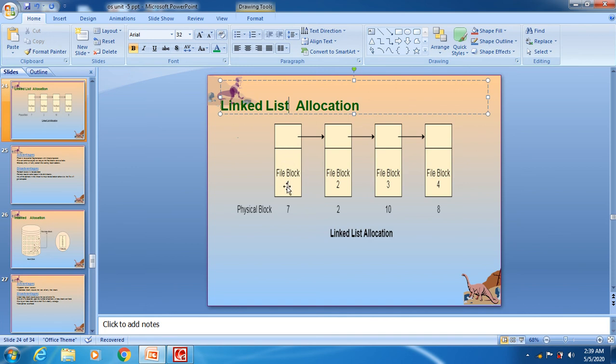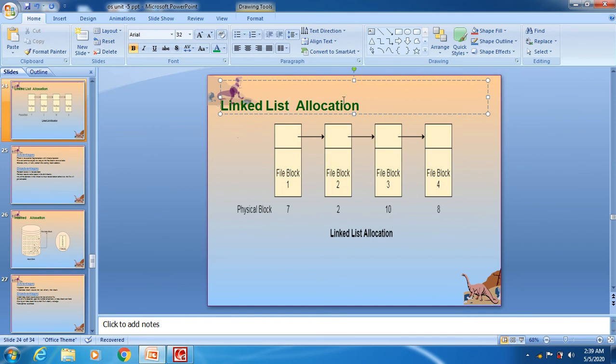The file data and the address of the next block. Two things we have: the node as well as the address of the next node. In the same way, in linked list allocation we have the file data and the address of the next block. These blocks are not in a continuous manner.